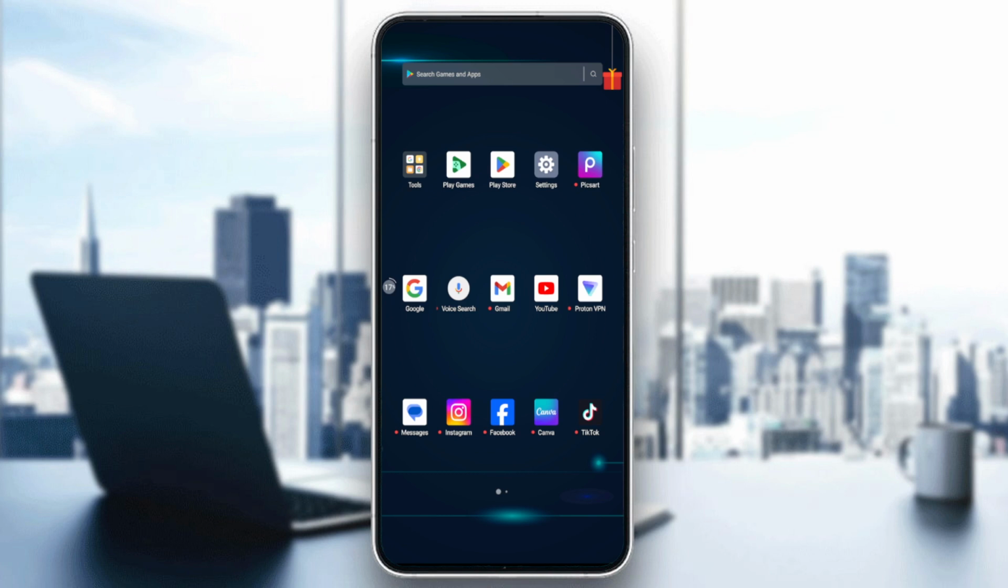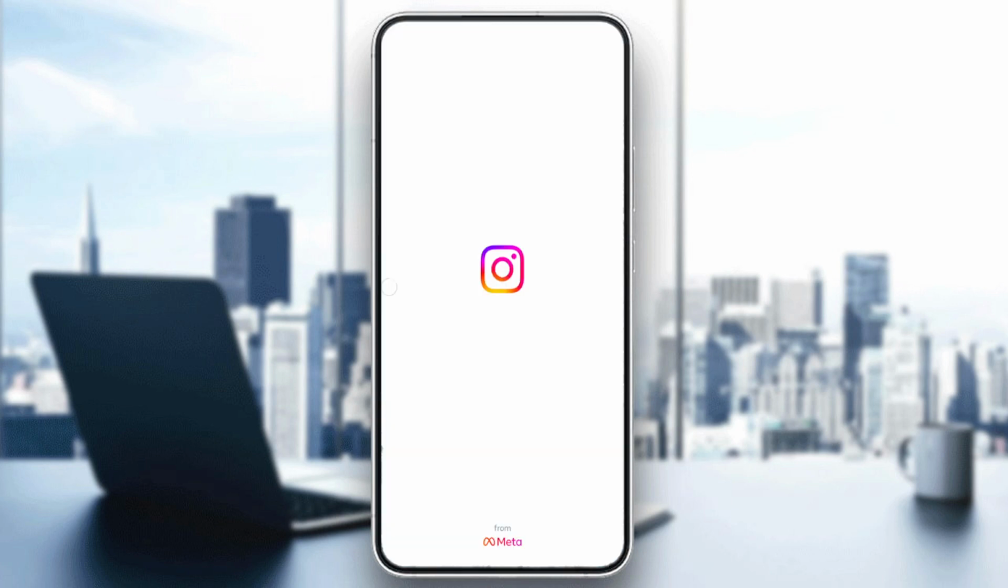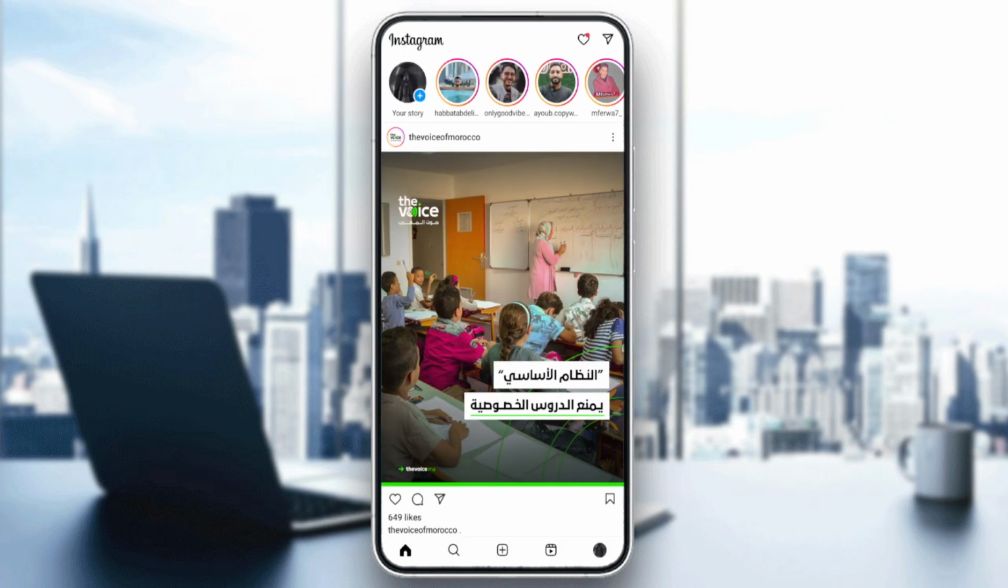So first, we need to go to our Instagram app and click on Instagram, and make sure that you are logged in to your account. Here we are going to wait for the app to load. After the page is loaded, make sure that you are logged in and then you will need